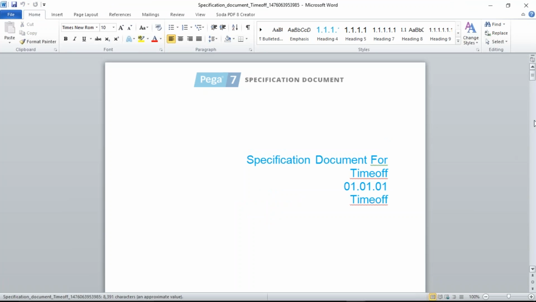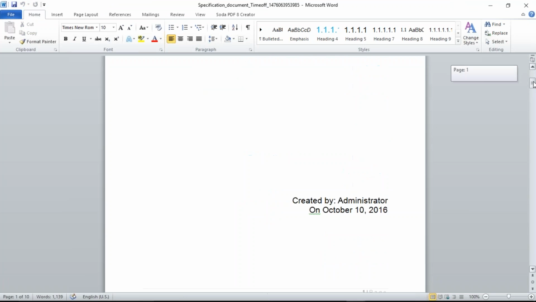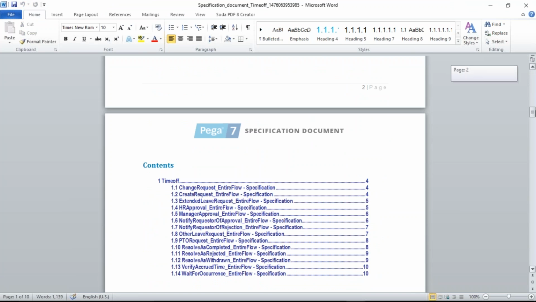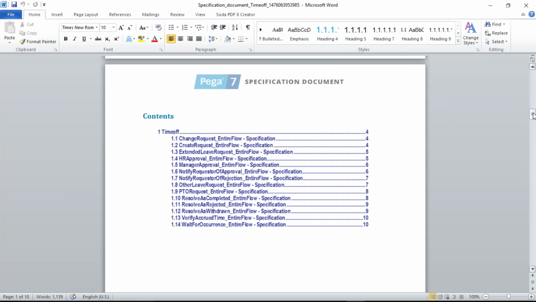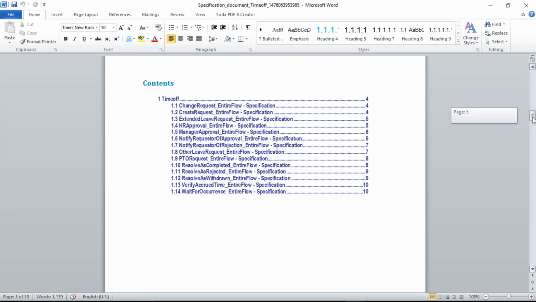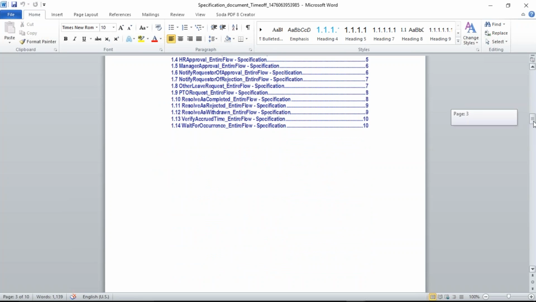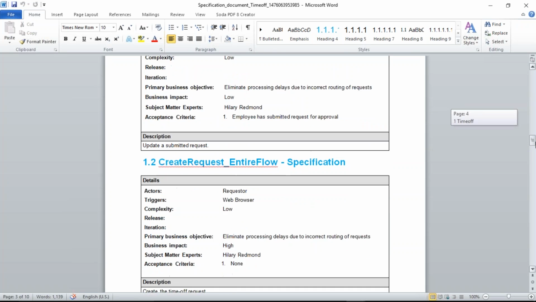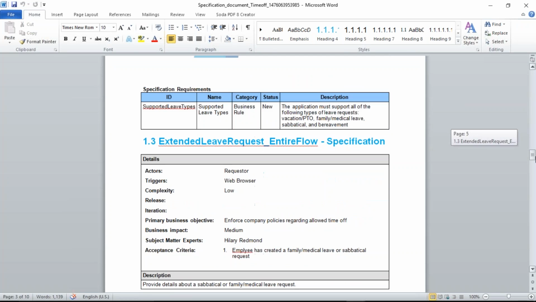So this is just the specification document, with all the specifications which we have maintained, 14.1. From here we can see all the specifications. This might be used for development, for what we want to implement. We can use this document for review and sign off. We can use this separately. So this is a specifications-only document.